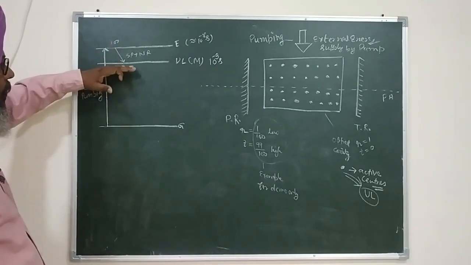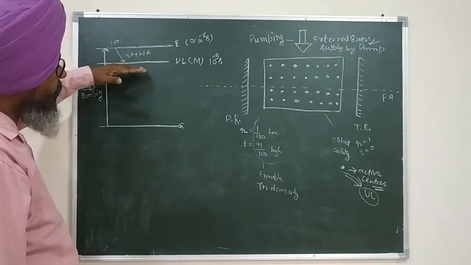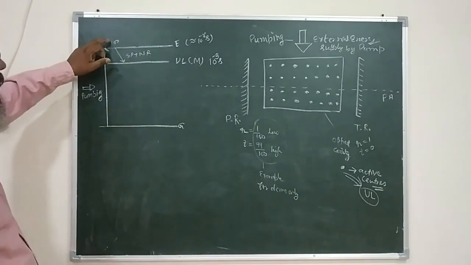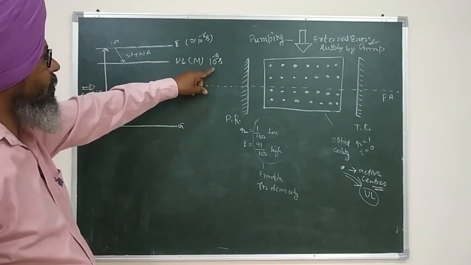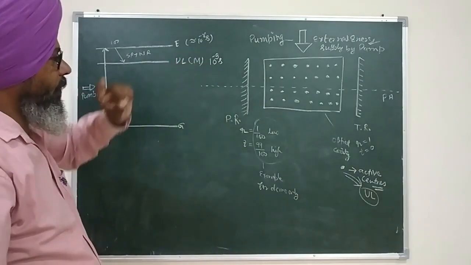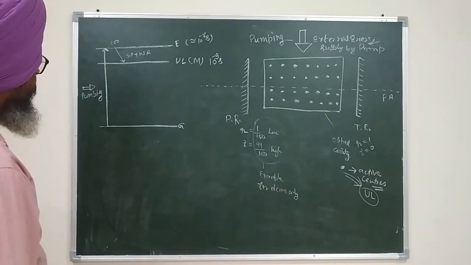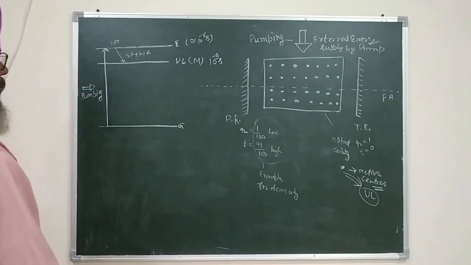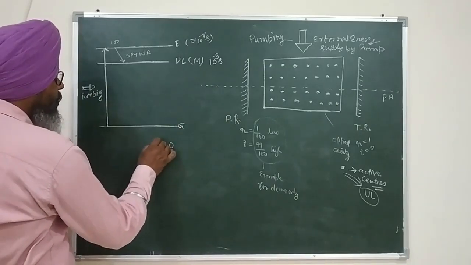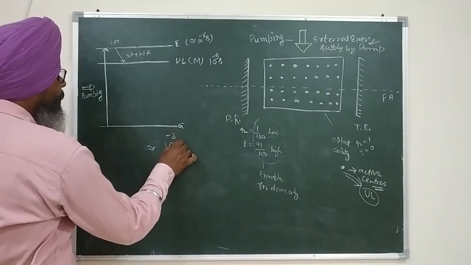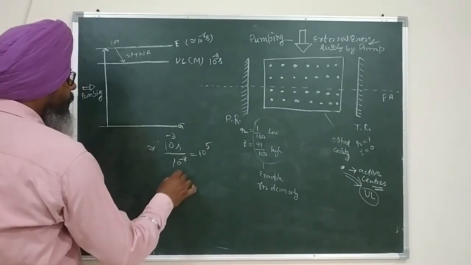Kindly remember the number of atoms are accumulating here. This is not decreasing, but the number of atoms are decreasing here. It's just because of the reason that this time is different. So up to how much time can the atoms manage to stay here? For that, in my previous lecture also I found the ratio. So this ratio will be approximately equal to 10 raised to power 5.